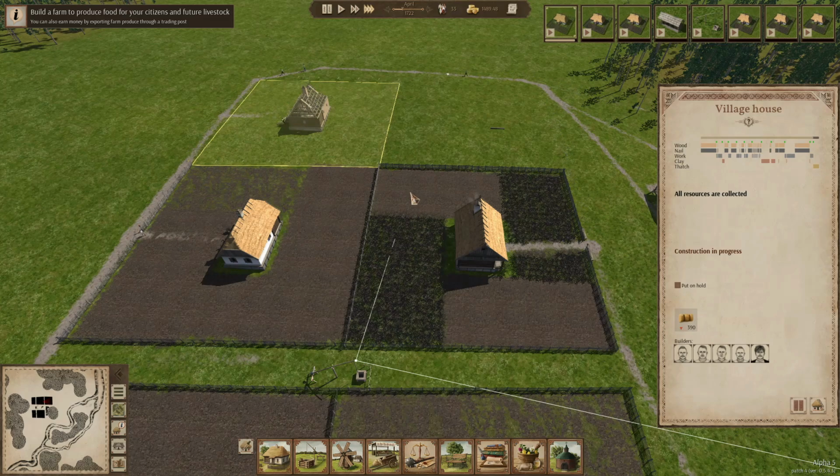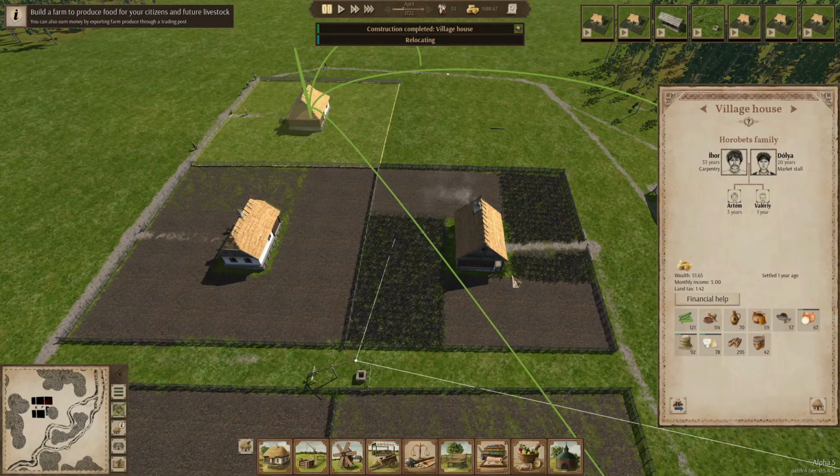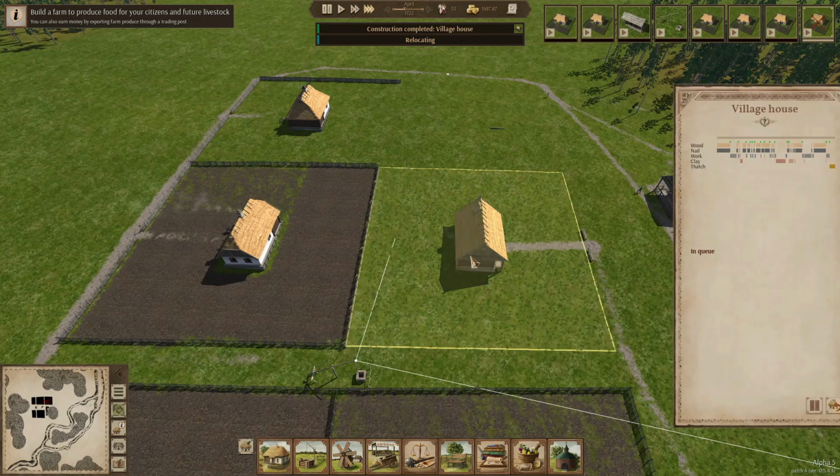Let's just be happy that we have such an amazing game to play, because I'm a totally big fan of Ostriv. All right, there we go. It is done. Let's move this family over there. There they go. And then demolish this house. Now, the big question is, I guess...